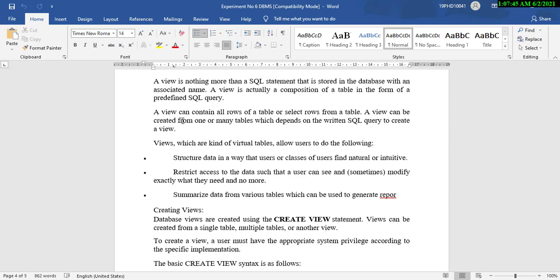For example, if in your organization you have appointed an application programmer, that application programmer writes the application program, and he needs access to the table names. But if you give access to the table names to the application programmer, there is always a threat to the organization that if the application programmer makes any changes in the database schema, then that data may become inconsistent.